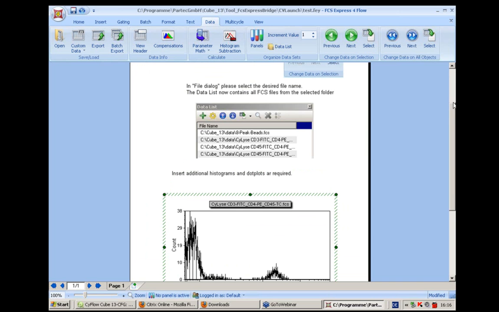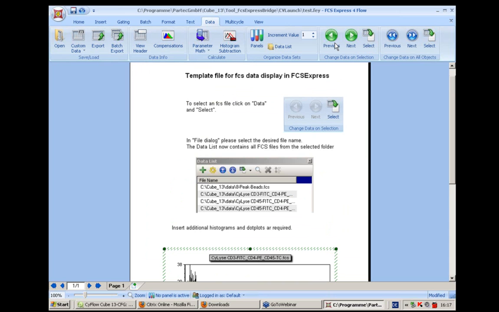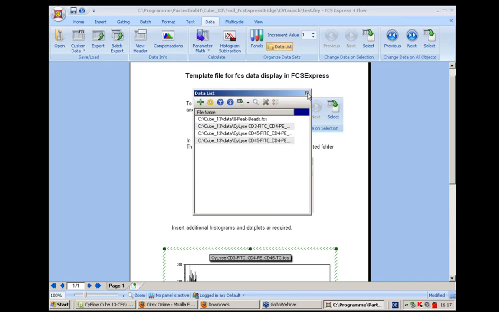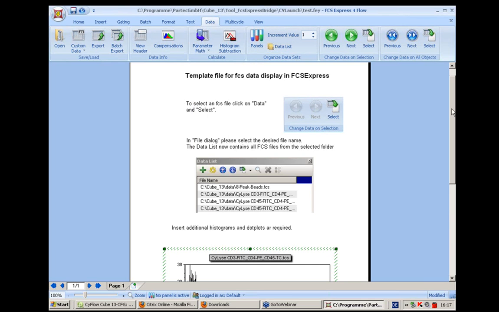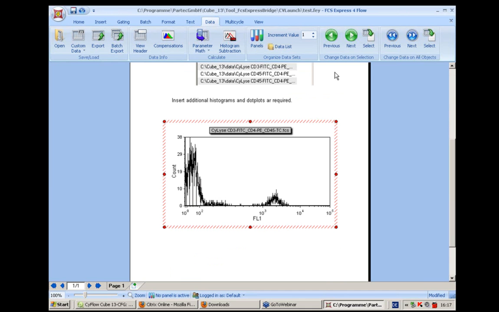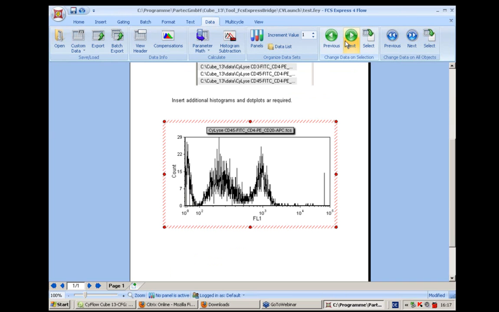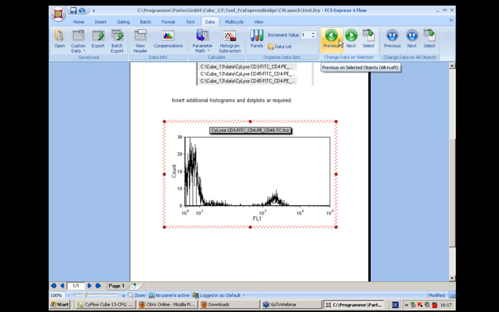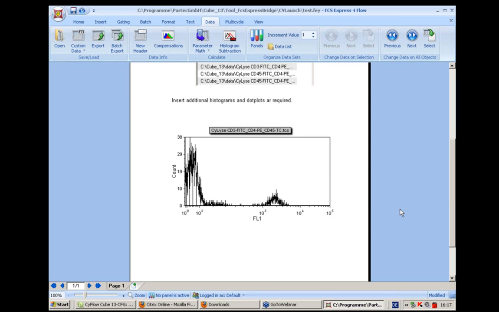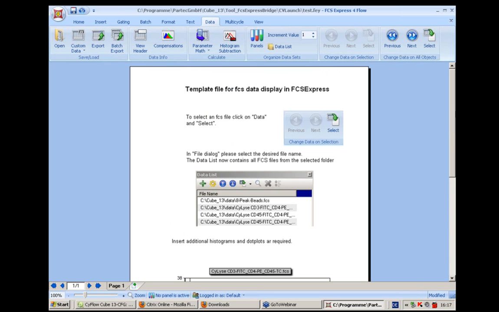And this is reflected by the fact if I select data list within FCS Express, you have all 4 files which are inside the same folder. And if you have predefined dot plots, like in this case, we have a histogram indicating FL1. If this one is highlighted and you go to the previous or next button, you can navigate through all the FCS files which are lying in the same folder. You can add histograms or dot plots, of course, to this pre-existing layout file, but these are details which David is going to show or explain to you during the next 3/4 of an hour for the rest of the